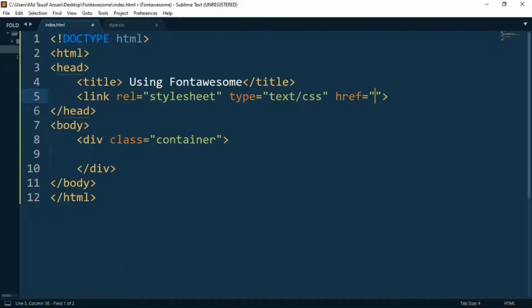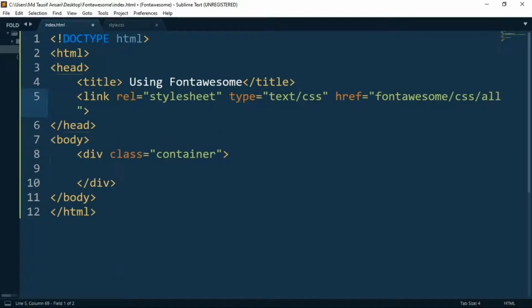So let's just type it. That is in the font awesome folder, and in which subfolder it is, that is CSS. And what file we want to access is all.min.css. Okay, so this is the path which needs to be accessed.